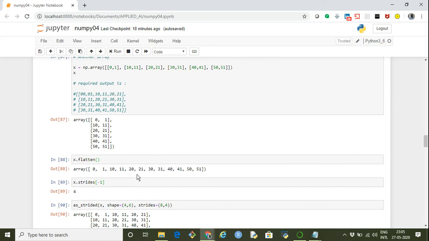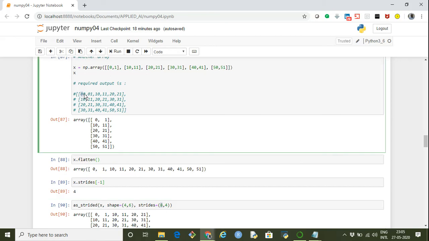So within a row we are just simply moving to the next element, which means we are making a jump of 4 bytes, and we will reach from here to here, here to here, and so on. In this way we move along the columns within a row. So this 4 represents this. Now, why have we given 8? Let's say, what is the first element of this row?